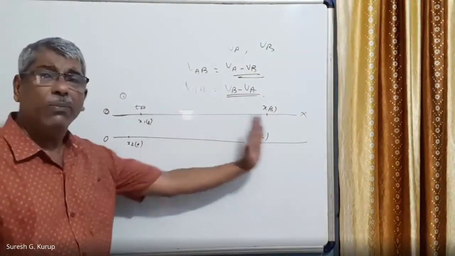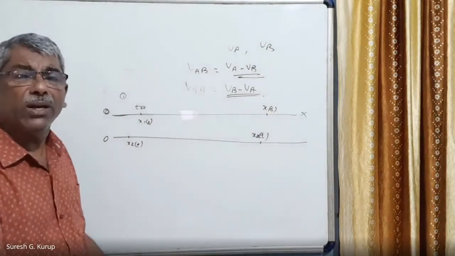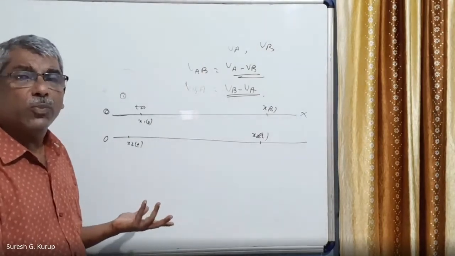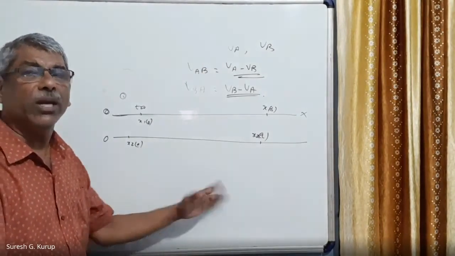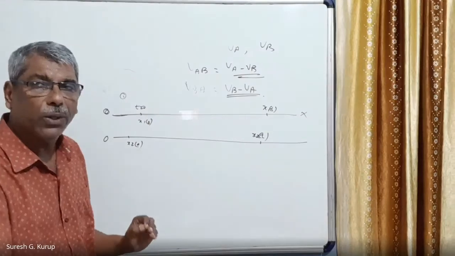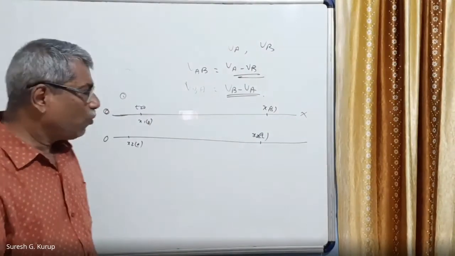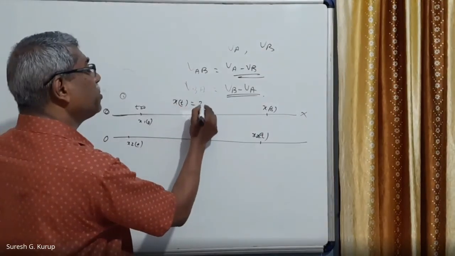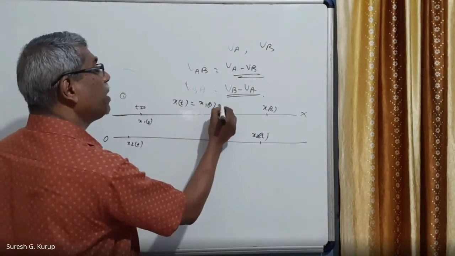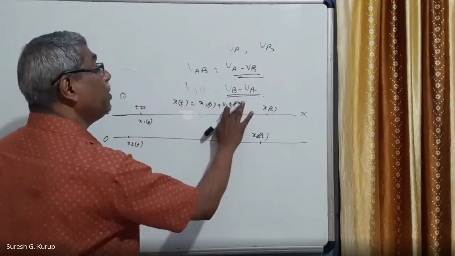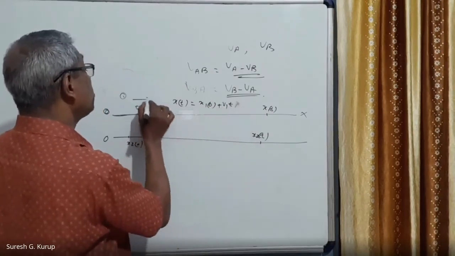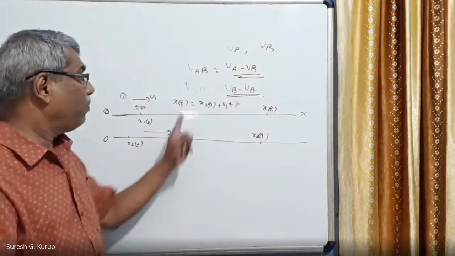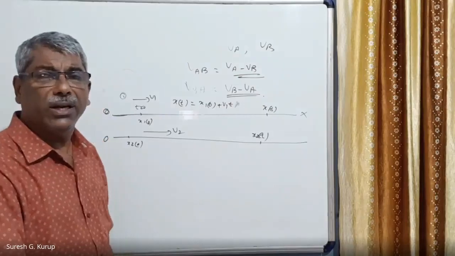Both the bodies, we will assume, are moving in the same direction, and also the displacements of these bodies for unit time are the same. That means both these bodies are moving with uniform velocities. So for the first body, I can write x1t is equal to x10 plus v1 into t, because this body has a velocity v1 and the other body has a velocity v2. v1 means all along the journey, the first body keeps